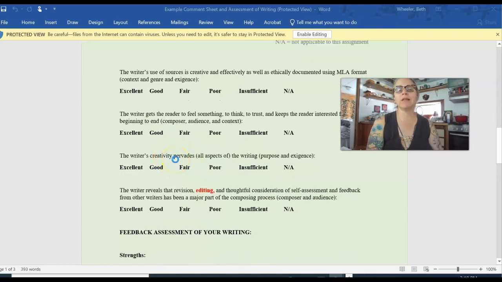This is creativity related to your writing, and creativity in writing for me reaches through every element, you all. It has to do with your opening. It can have to do with how you connect from paragraphs and do transitions. It can be how you introduce sources. It can be how you connect sources. It can be how you comment on sources, how you explain, how you describe, how you narrate. I mean, it's everything. But you see it's associated with purpose and exigence here as well.